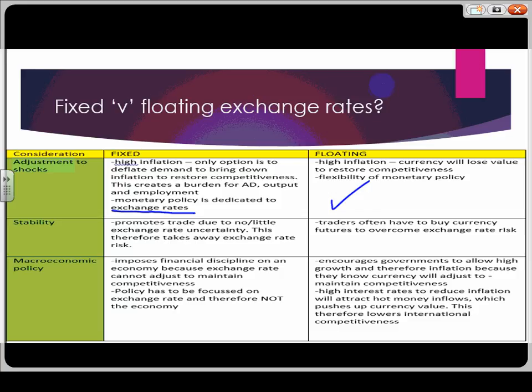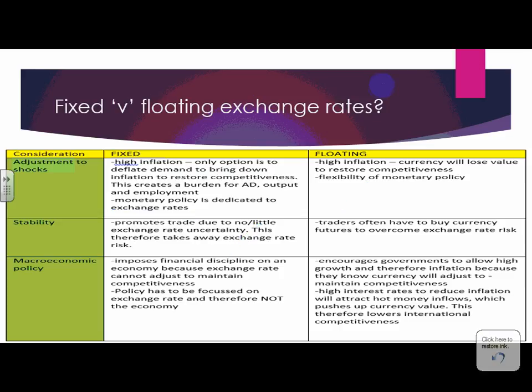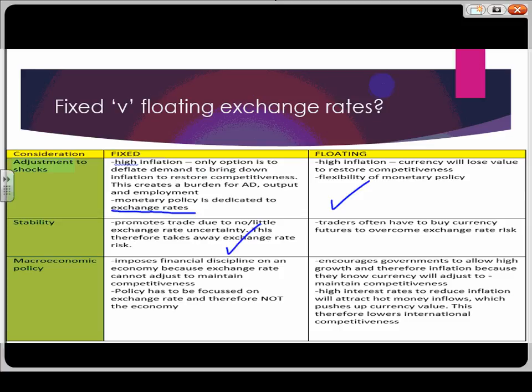Now, in terms of stability, I think you would argue that a fixed exchange rate could be better. No or very little uncertainty with exchange rates will mean that it's more likely you can do more trade, so you get the benefits of more international trade. Under a floating one, there's a big problem: domestic firms have got to buy futures in currency to guarantee what they're going to be paying for imports. These things are expensive. Under a fixed one, they wouldn't have to worry about these.